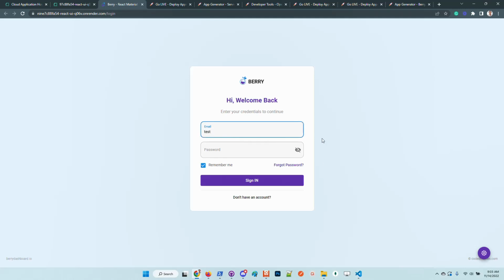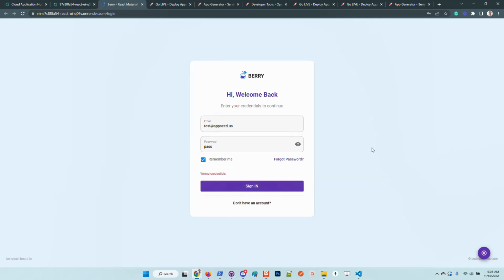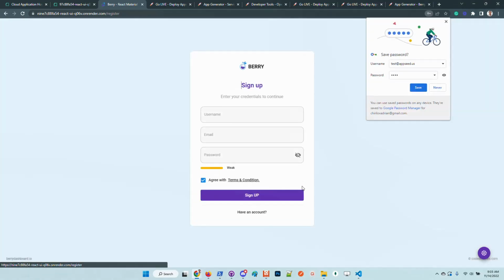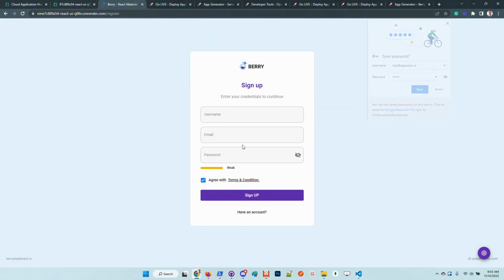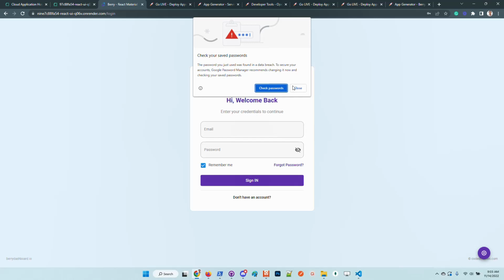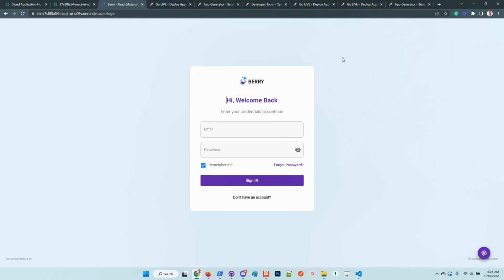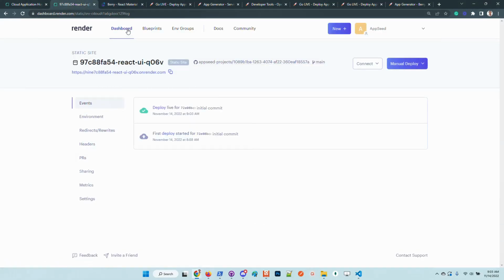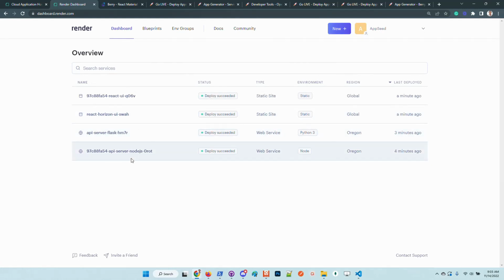So if we try to authenticate, we should be informed that the account does not exist, and we need to create credentials. So we need to create the new user. Sorry, I will use just a dummy password. Okay, the registration is successful, and if we go here to the Node.js